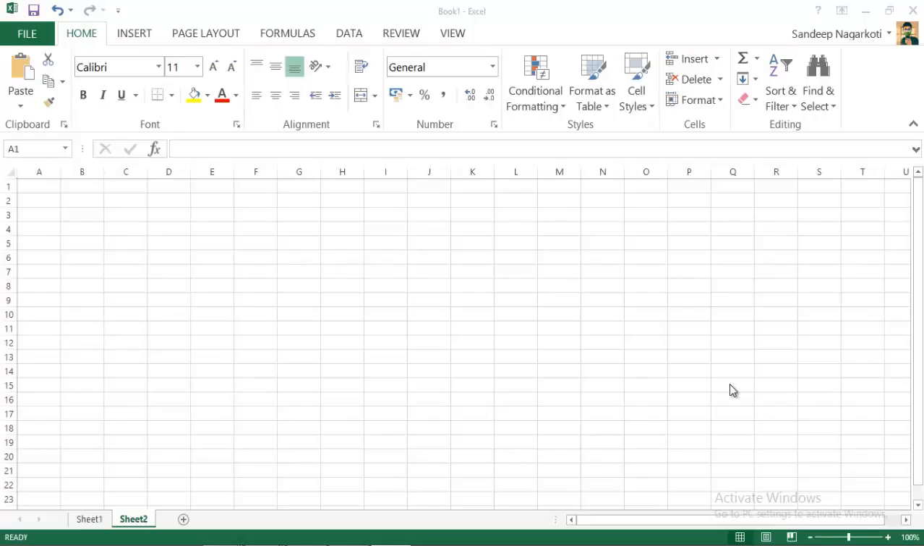I'm using Excel 2013. This tutorial can be applicable for Excel 2010 or even the previous versions too. The procedure will be same. Now,